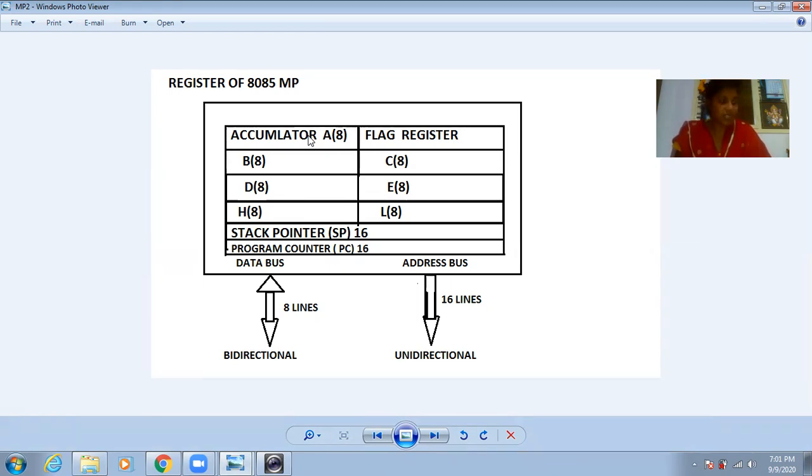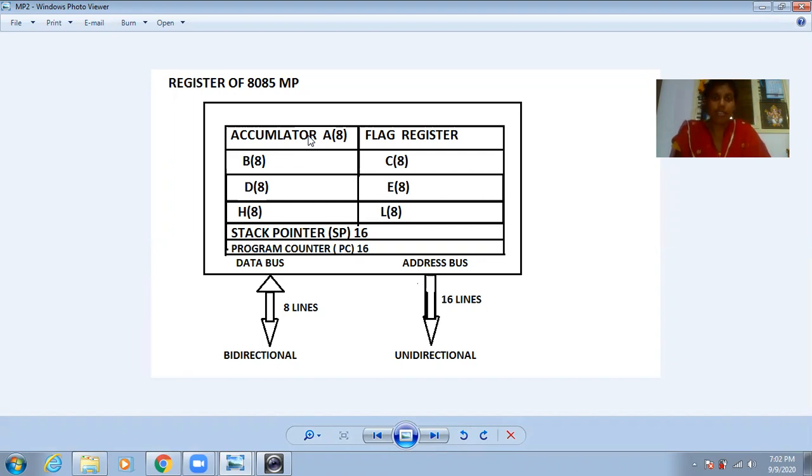And next, what is the use of the accumulator? Here it is used to input the data. It will store some input data, and that input data will be sent to the ALU to perform some ALU operation. So the accumulator is used to store the data, and this data will be inputted to the ALU to perform its operation.